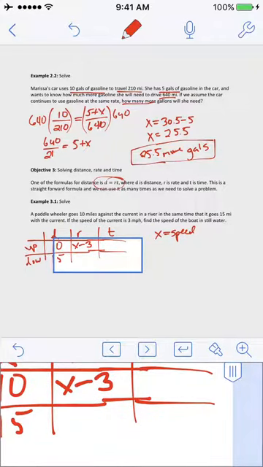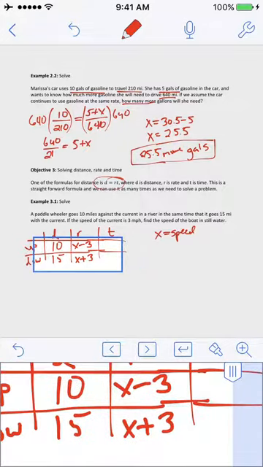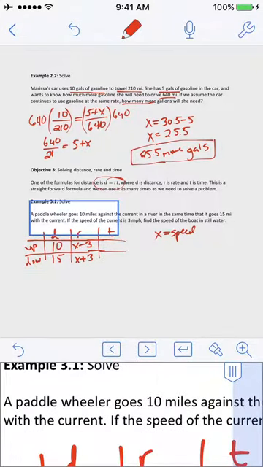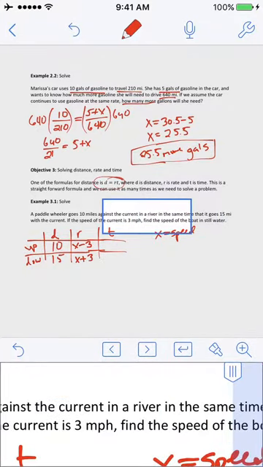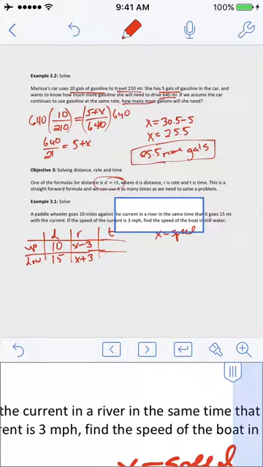Same thing, it's kind of the same but opposite for going downstream. Whatever his speed is, he's actually going 3 miles faster because the current is pushing him, right? If he's paddling at 15 miles per hour and the current is 3 miles per hour, then he's actually going 18 miles per hour, right? So it's pushing him down. So that's how you can figure out those rates. The time, I don't know. Actually, I don't know anything about the time. Same time, okay. So he went up and down in the same time, but I don't know anything about that same